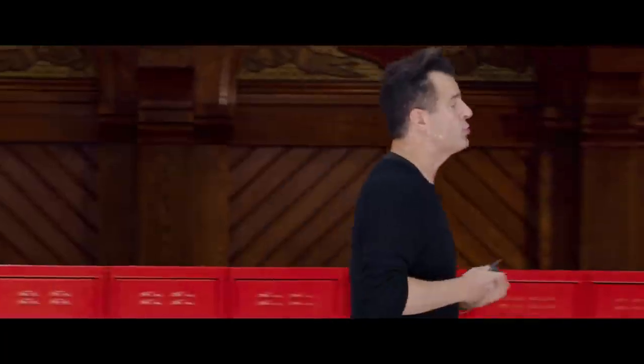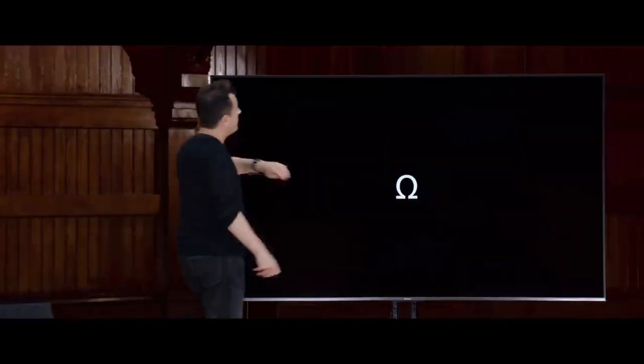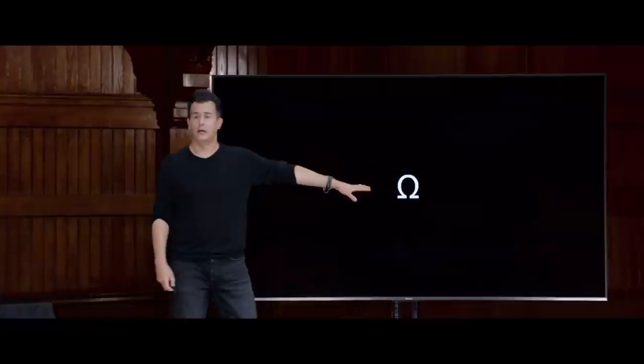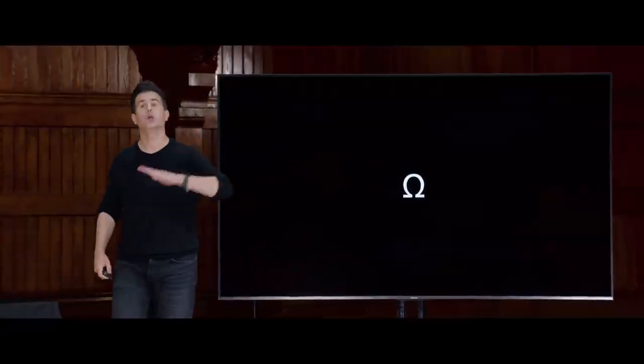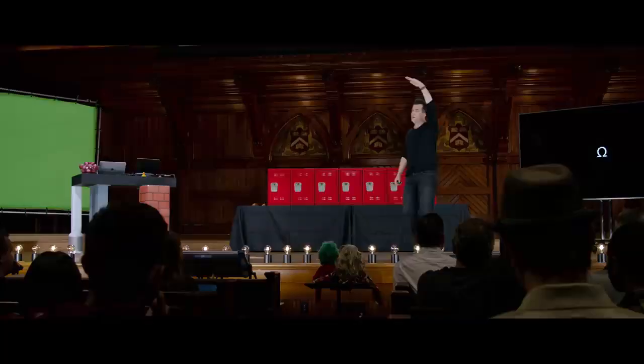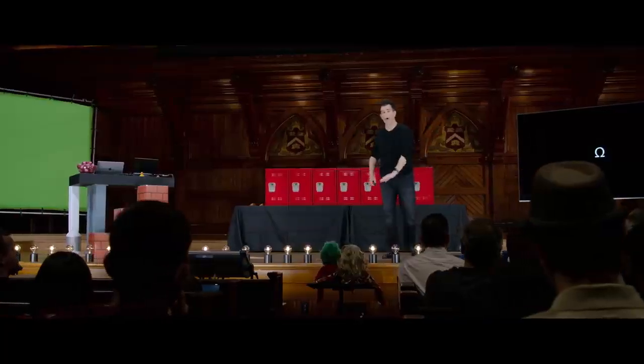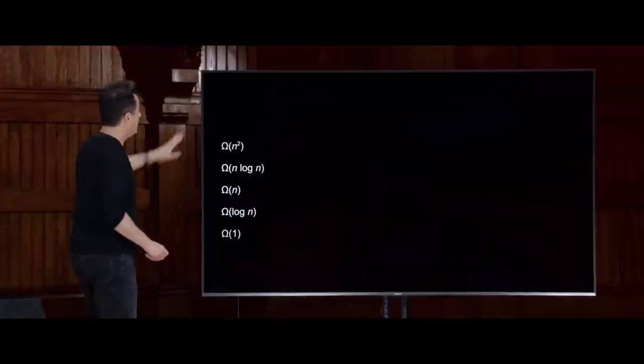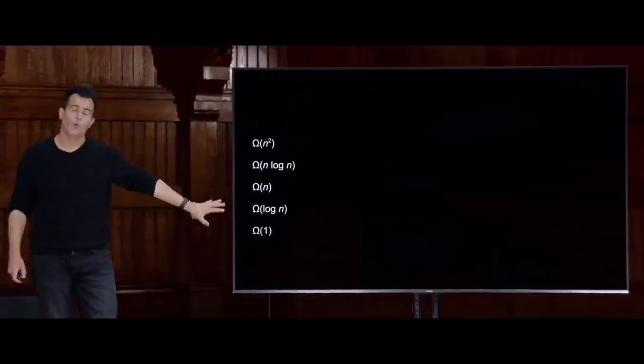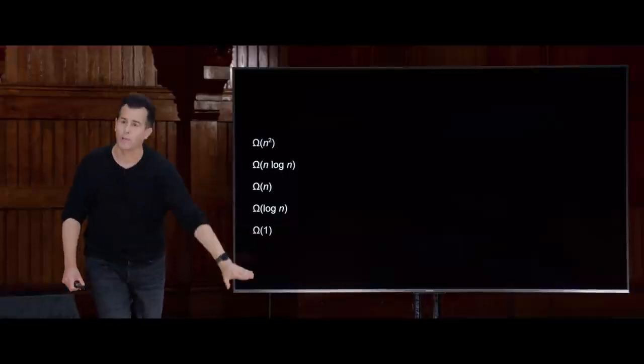Just because it would be nice that in certain situations, how fast can our code actually run? How good is our algorithm? Well, in computing, computer scientists use a capital omega symbol to represent a lower bound. So big O is upper bound. Big omega is lower bound, and you can use the same kind of mathematical formula. So here's that little cheat sheet again, but with an omega prefix, which again means lower bound.